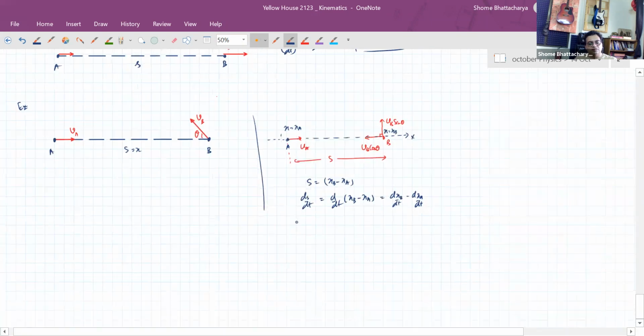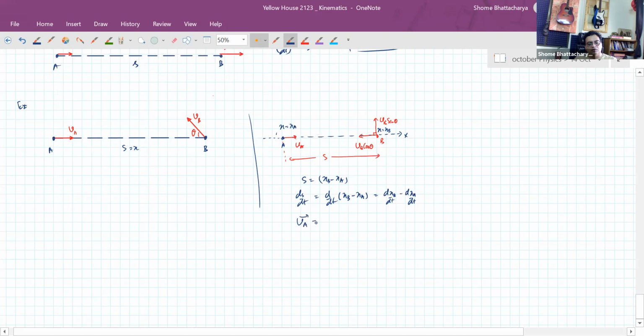Now you can see that A's velocity is VA i cap. So that means the rate at which A's x coordinate is increasing is plus VA. But B's velocity